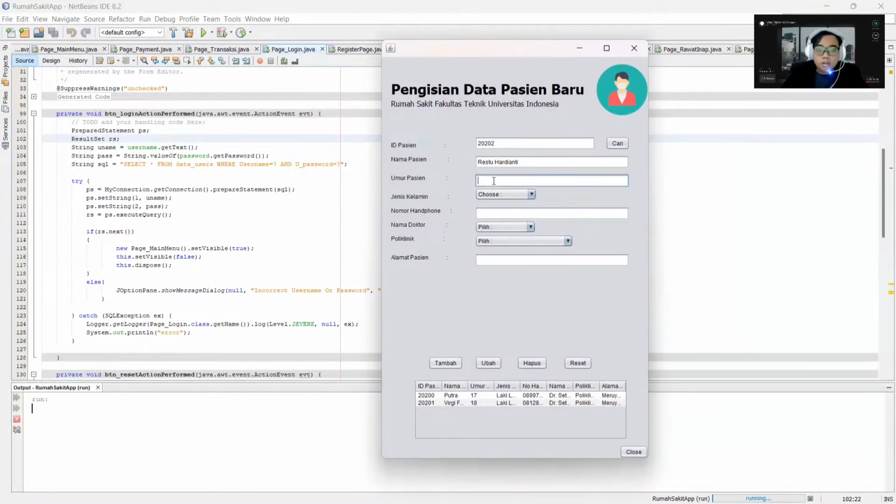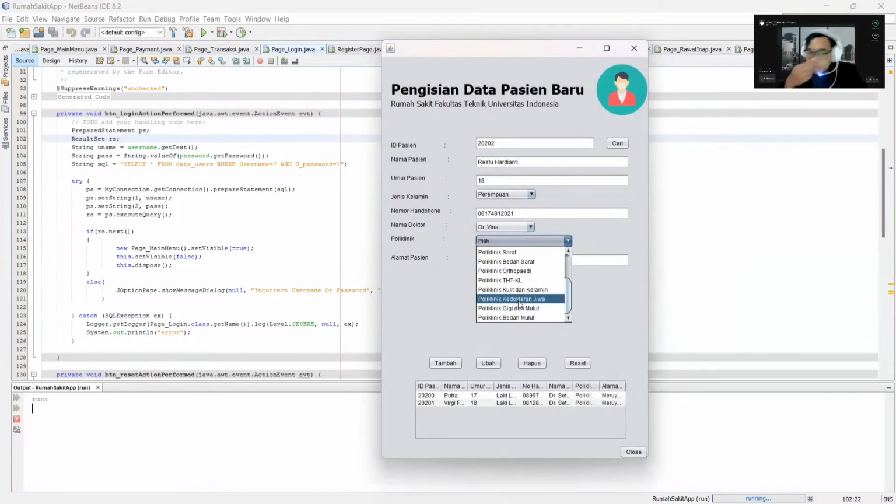For the age or umur patient it is 18. For the nomor handphone, and for the doctor name it is Vina Polyclinic. Just choose one, like okay. For the alamat is